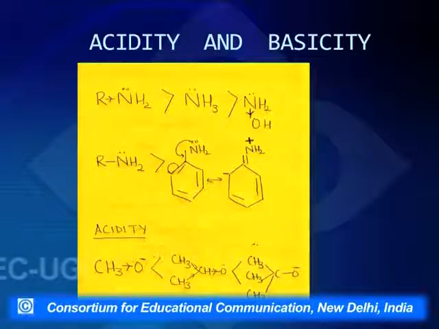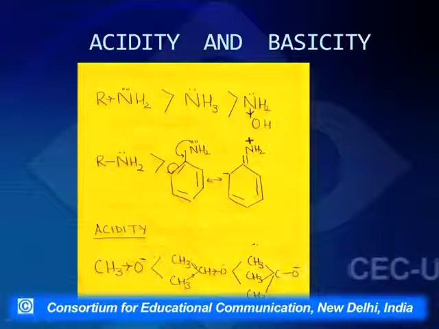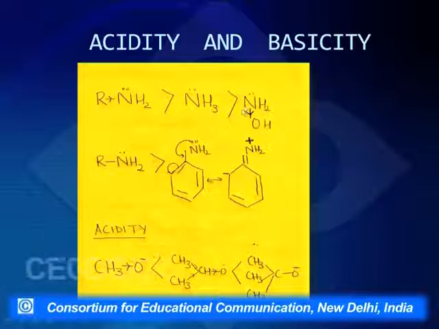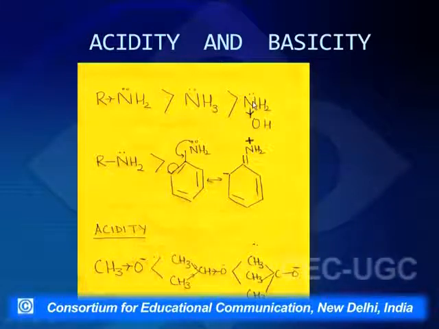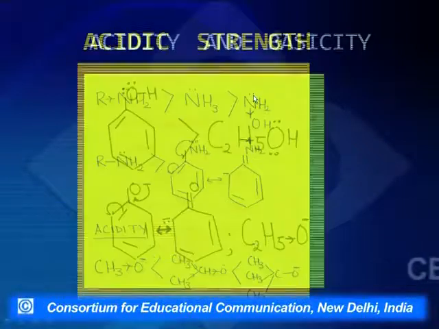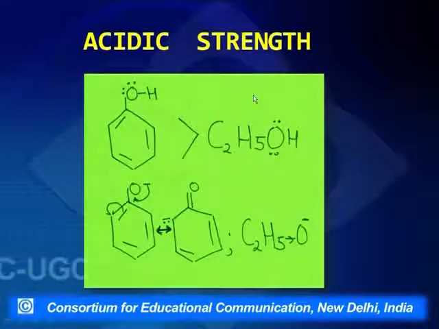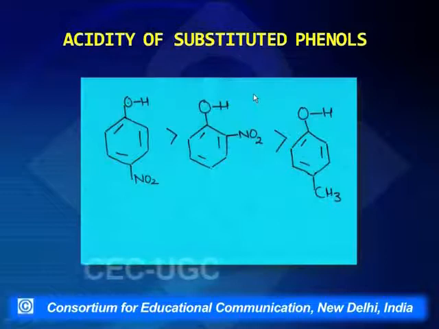So this is more basic, whereas in hydroxylamine the OH has minus I effect, and because of this minus I effect it will pull the electrons towards itself, and the electron density on nitrogen is less. So that means electron withdrawing groups when attached to the basic site atom will decrease the basicity, whereas electron donating groups